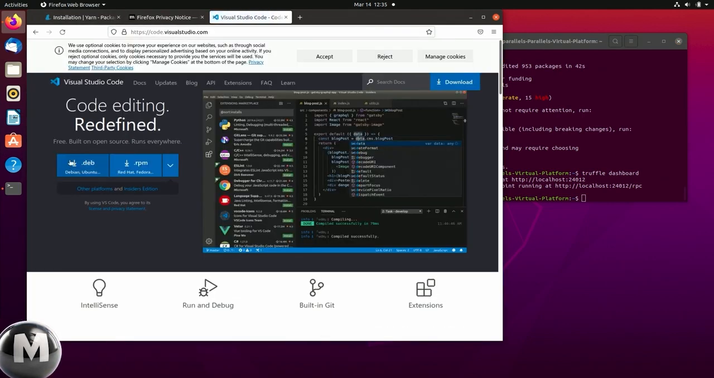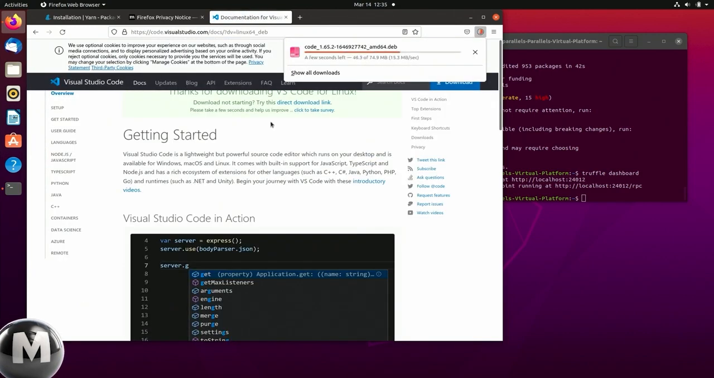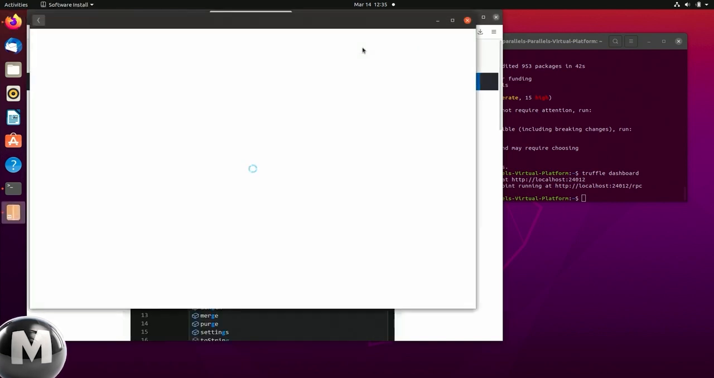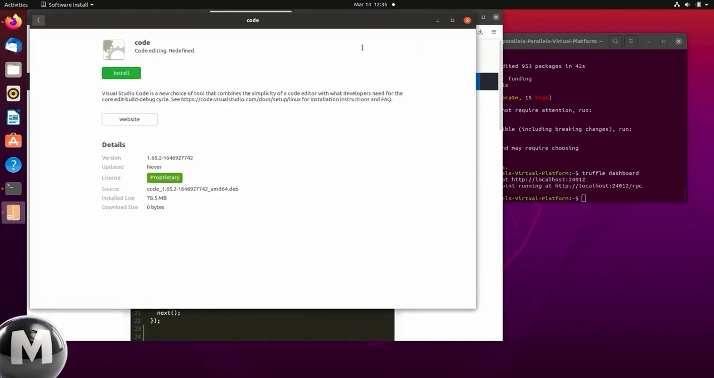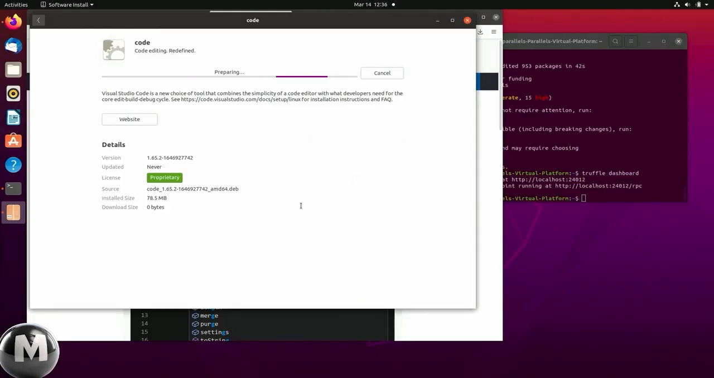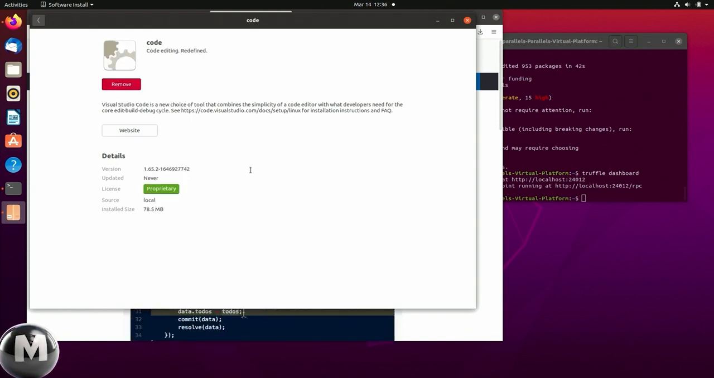I'm gonna download the Debian package for Ubuntu. And now I'm gonna open it. It might take some time, but please be patient. And now we can see some information about the package and we can install it. It's gonna ask for the password. And then it's gonna install the package. And it's done. We can close this,